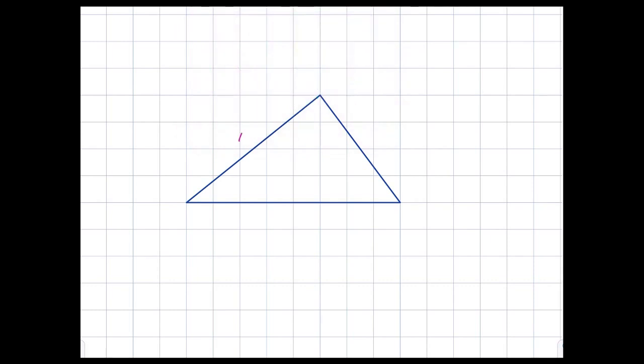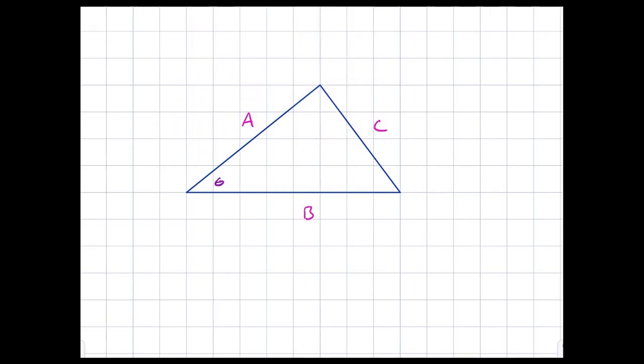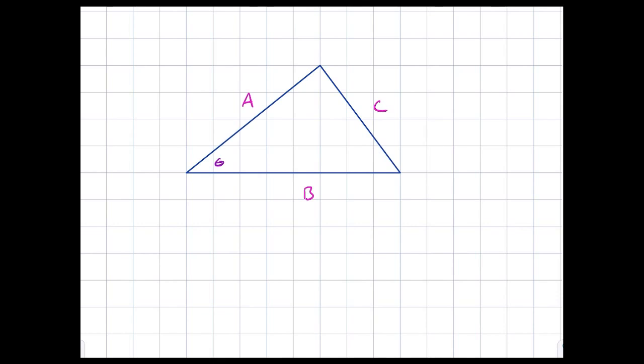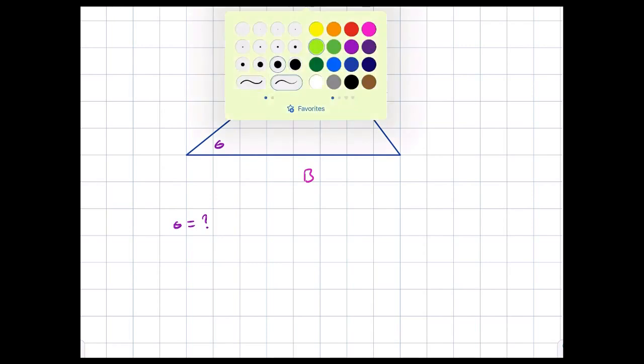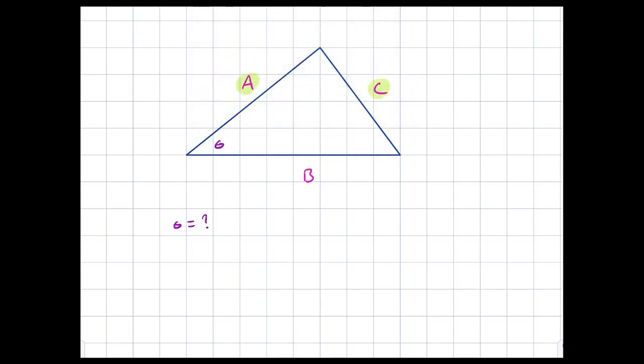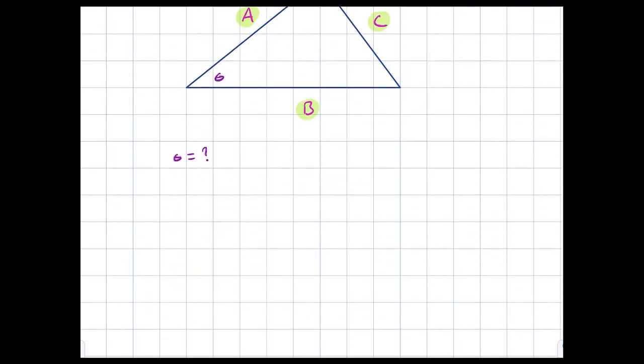So suppose I know A, B, C, and suppose I want to find theta. What is theta, if I know A, B, and C? A, B, and C are known. What is theta? Well, again, the law of cosines tells me